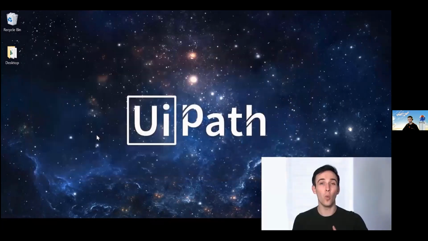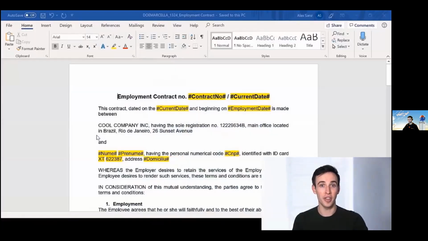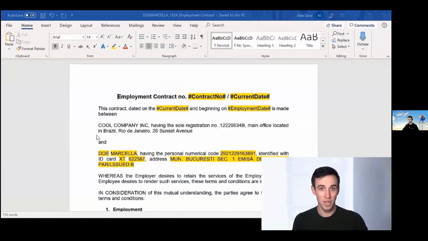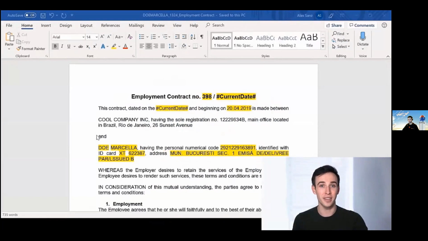Then, watch what happens. The robot starts to fill in the designated fields in the document with all the data that's been gathered. Note how this is done almost instantly and without any errors. Meanwhile, the HR rep can now focus instead on establishing a personal connection with the new hire, thus providing a more enjoyable onboarding experience for all. In short, the HR rep gets to do valuable work, while the robot takes care of all the tedious activities.